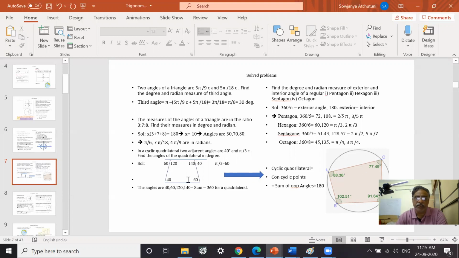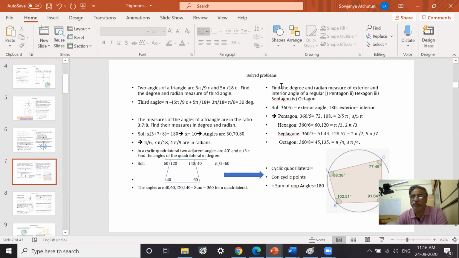So if it is 240, so this is 140, this is 120. So these are all the angles of the concyclic quadrilateral. When you say concyclic or cyclic quadrilateral, both are the same. Concyclic means they are on the same points on the same circle. Cyclic quadrilateral means the same, only the circle will not be there.